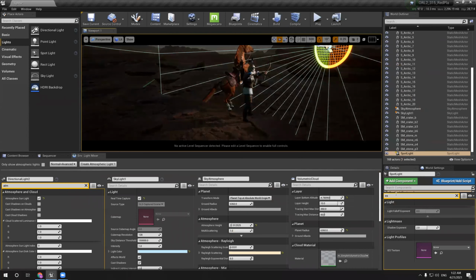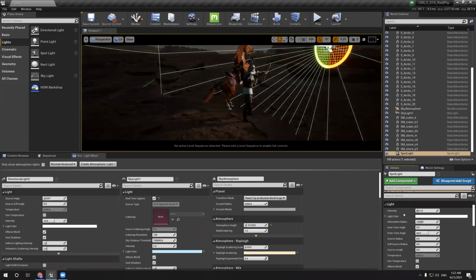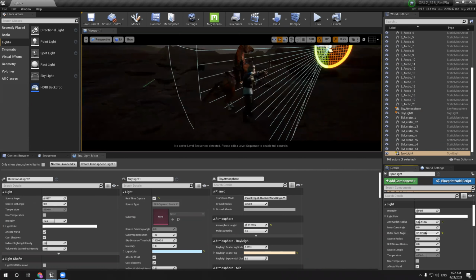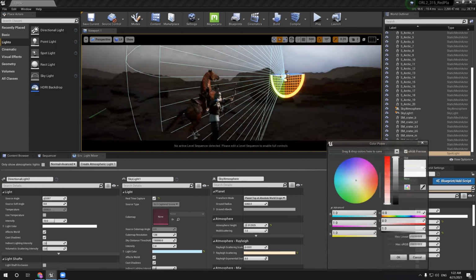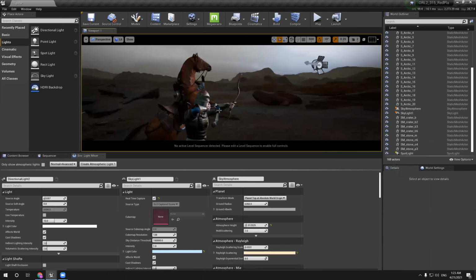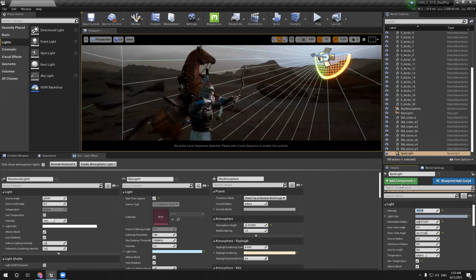And we're gonna change, not from here, gonna change the radius and angle cone 2. Okay, and we can press here, and let's take the color from here. Okay, and we can make it 3